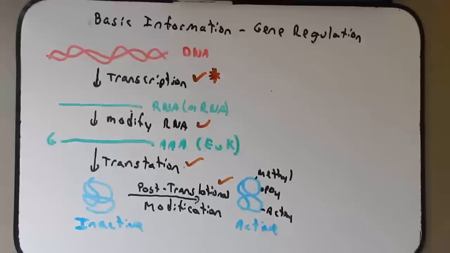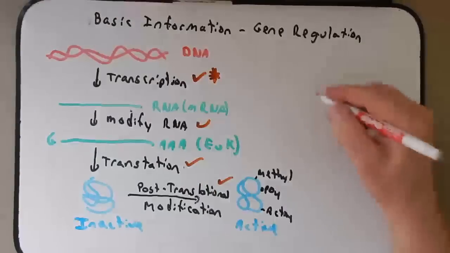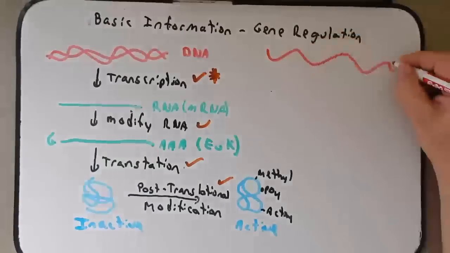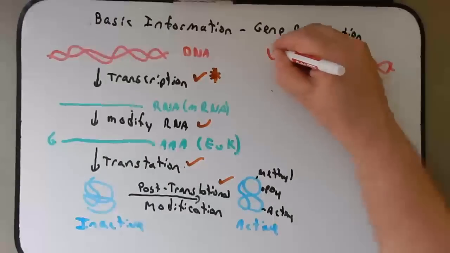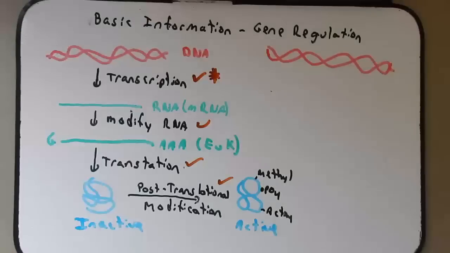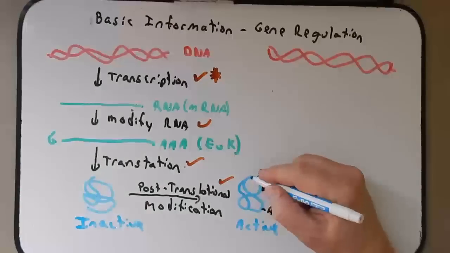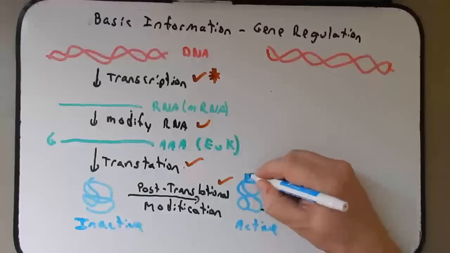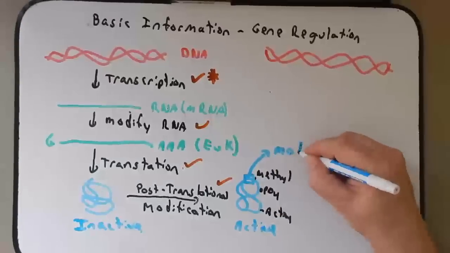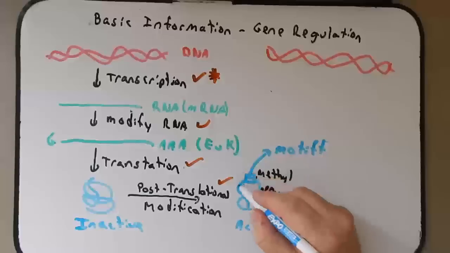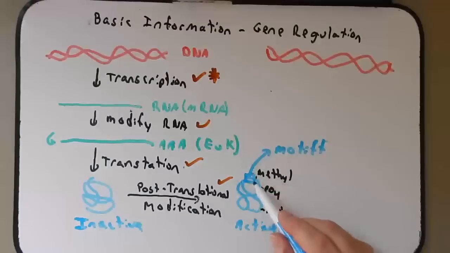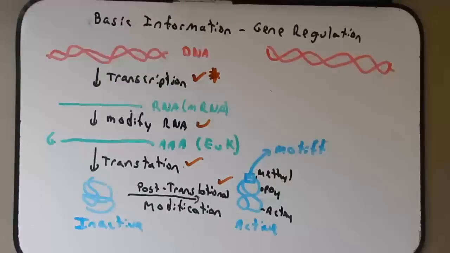And since we're going to focus on transcription, I want to talk about several proteins that can bind this DNA molecule to regulate it. And I shouldn't say I'm going to talk about several proteins. I'm going to talk about several parts of proteins. So if you see this protein down here, it's all folded up. But certain areas of it we call motifs. So maybe this part here is a motif. And a motif just means that's how that area of the protein folded. And based upon how it folds, it's going to interact with different targets. Now, these motifs come in a wide array of classifications.